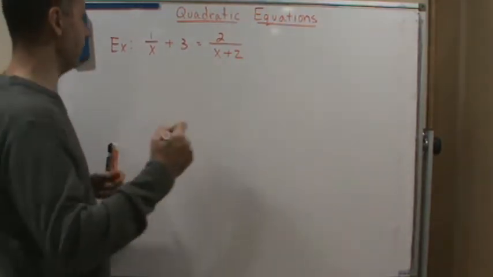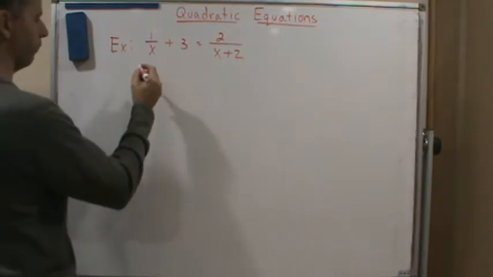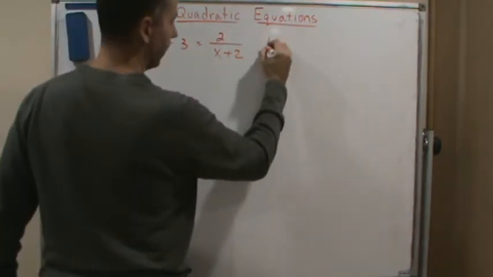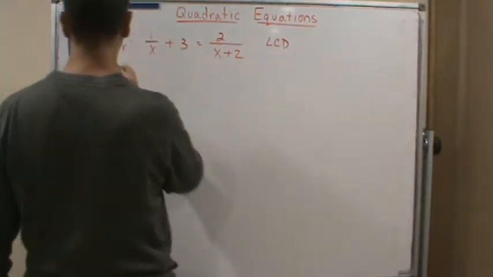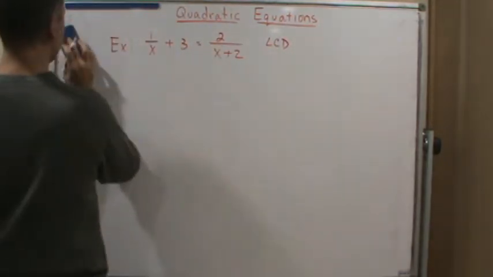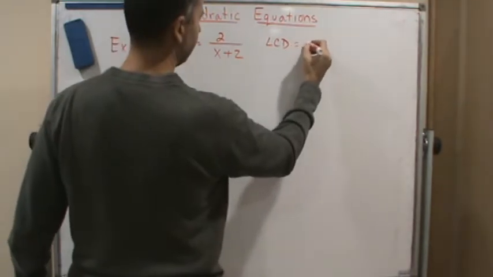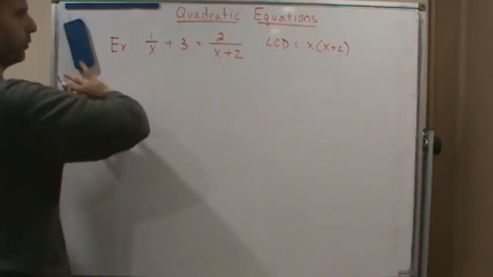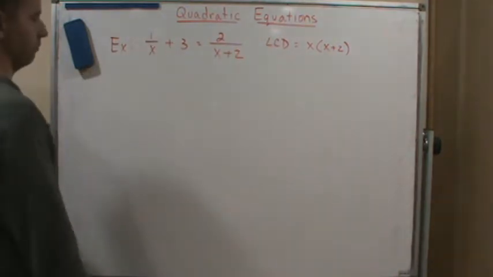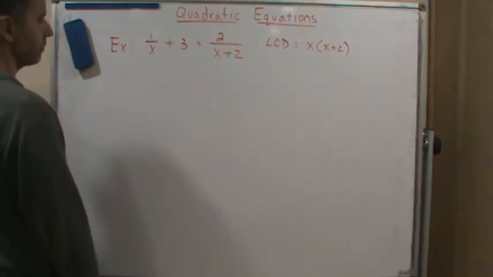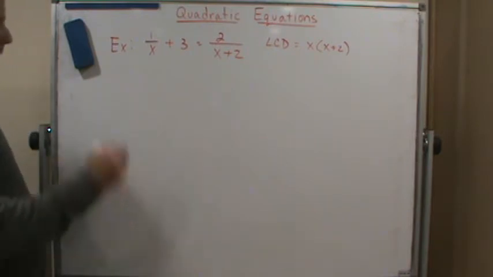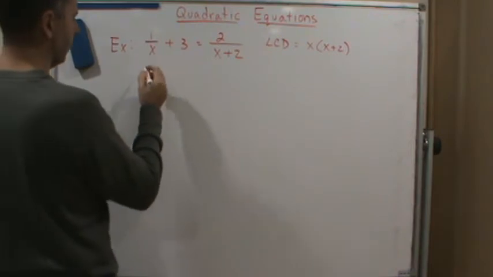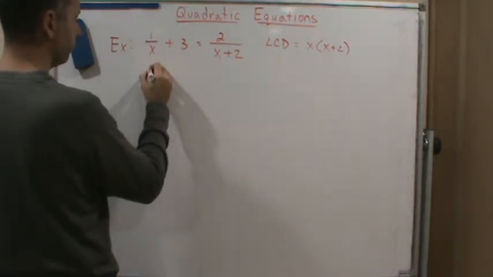So the LCD is x times x plus 2. So we're going to multiply through by the least common divisor, which is also the least common multiple, by the way. So if we multiply through,